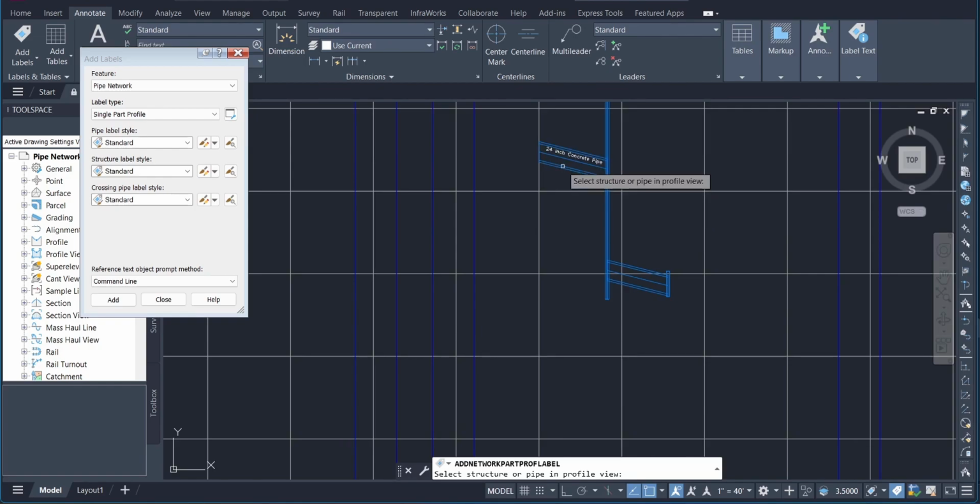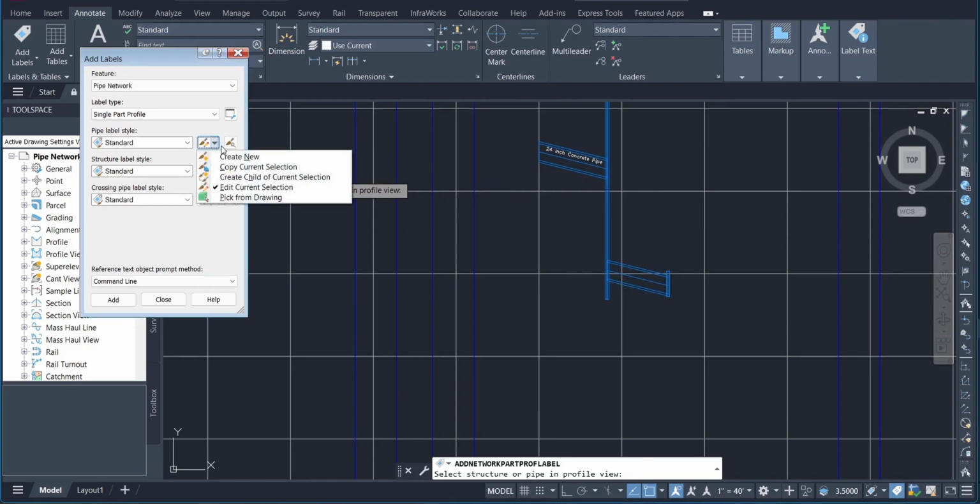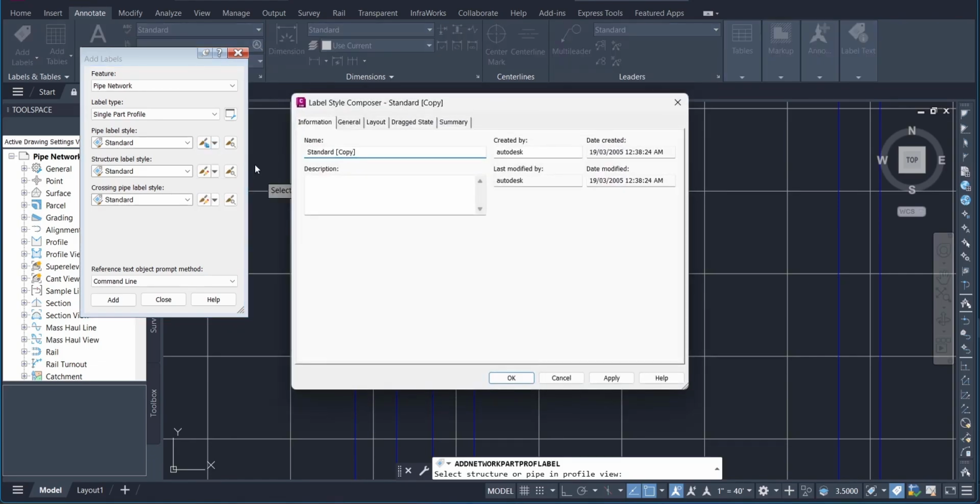In the following steps, you will create a label style that displays the elevation of the start invert of the pipe. Create a pipe label style. In the Add Labels dialog box, next to the pipe label style list, click the arrow. Click Copy Current Selection. In the Label Style Composer dialog box, on the Information tab, for name, enter Start Invert